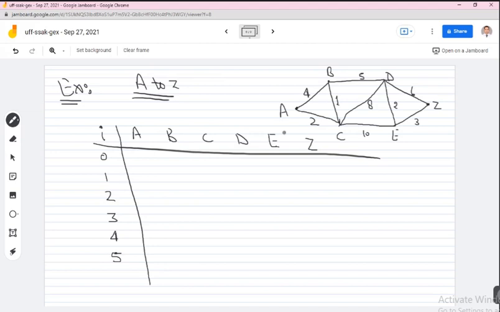Now, we will start from A because we are going to find the path from A to Z. So the initial vertex is A and the distance from A to A is 0. So I can always restart from 0 and I can take A as a permanent label. Next, we can see that from A to A the distance is 0, and from the others the distance will be